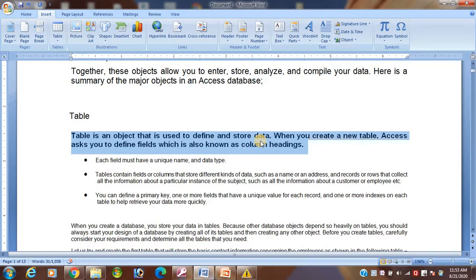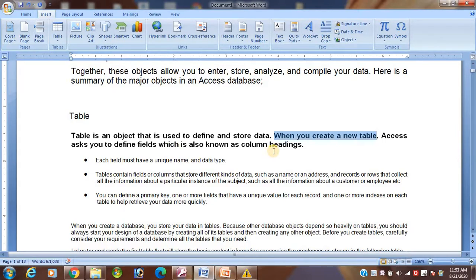To store the data or to define a field, that is your table. When you create a new table, Access asks you to define the fields, which are also known as column headings.